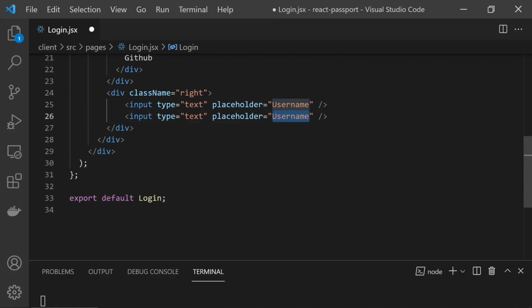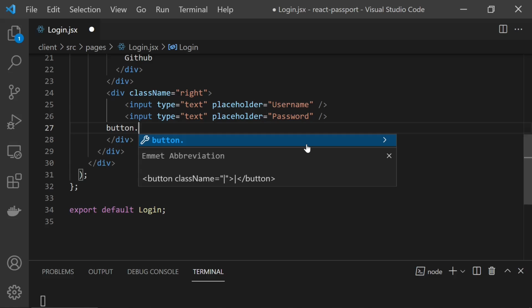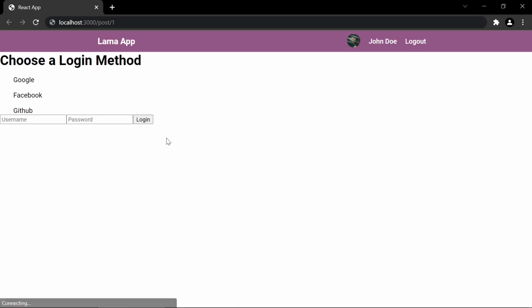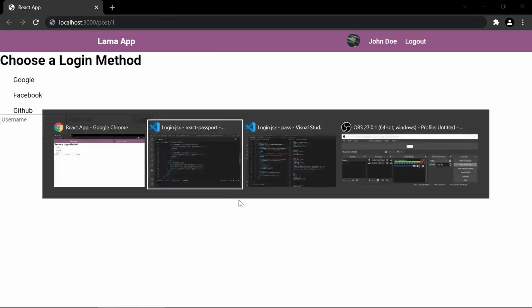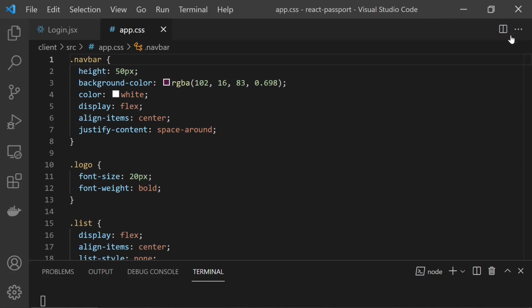And one more is gonna be password, and finally a button. And I will say submit, like that. Let's make them horizontal. I will open app.css,